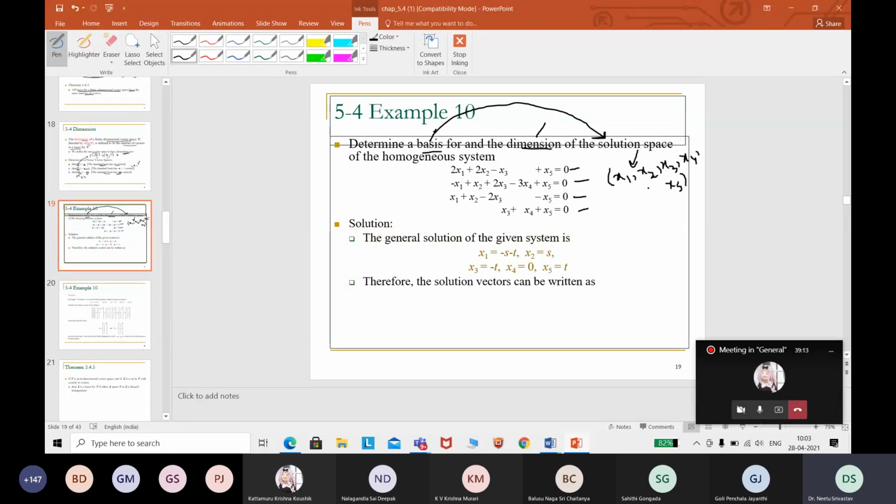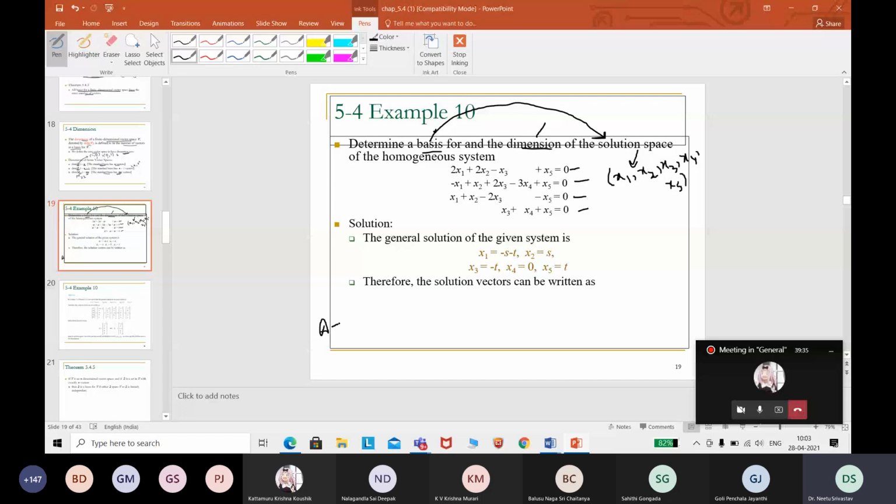What represents the basis for the solution space is, first you find what x1, x2 will be, which is going to be a parametric solution, and represent all the solution space in terms of S and T. Here two parametric solutions are appearing. So first we will write the coefficient matrix here.